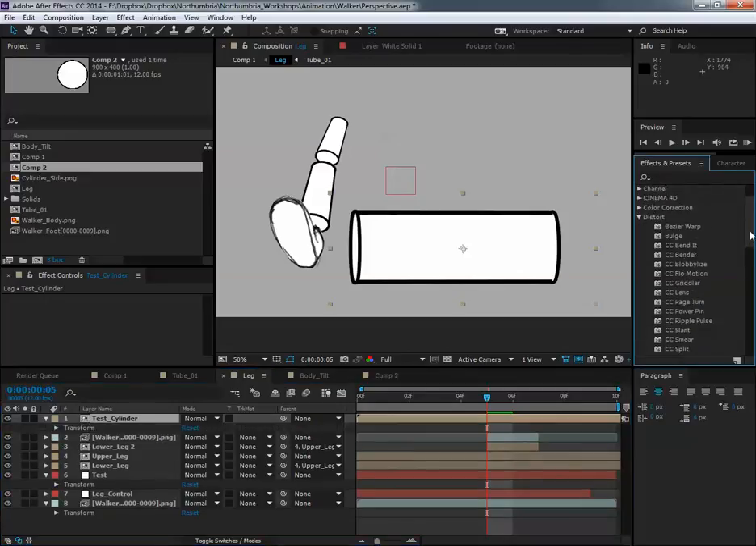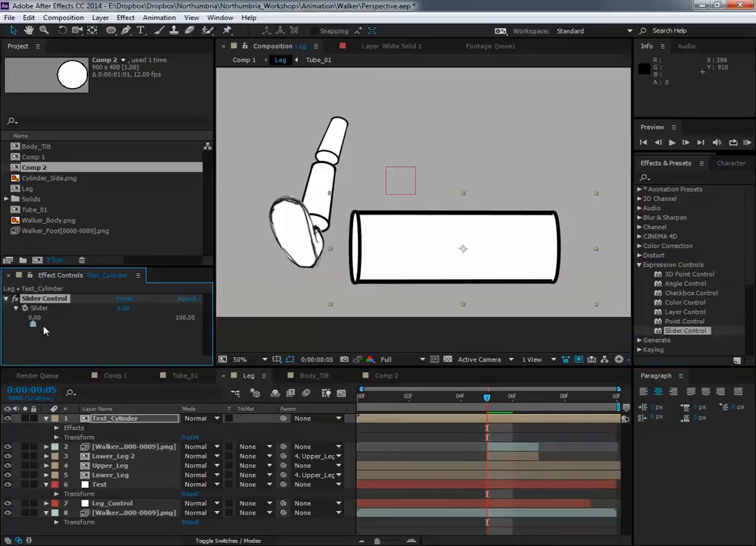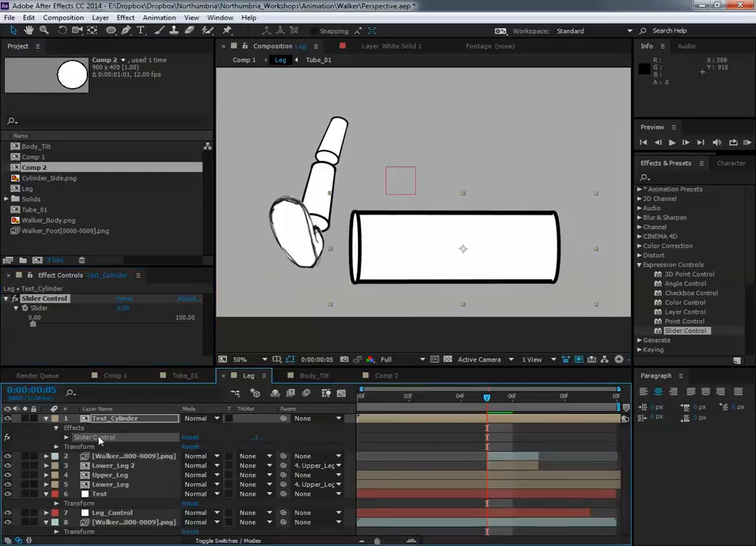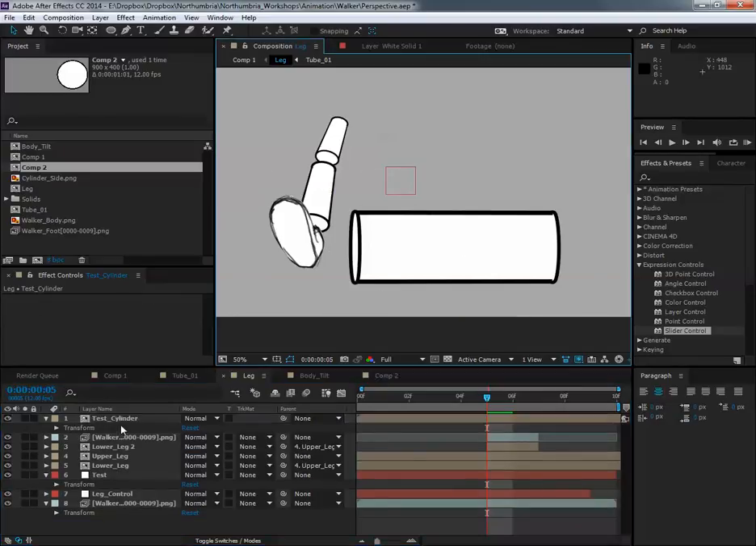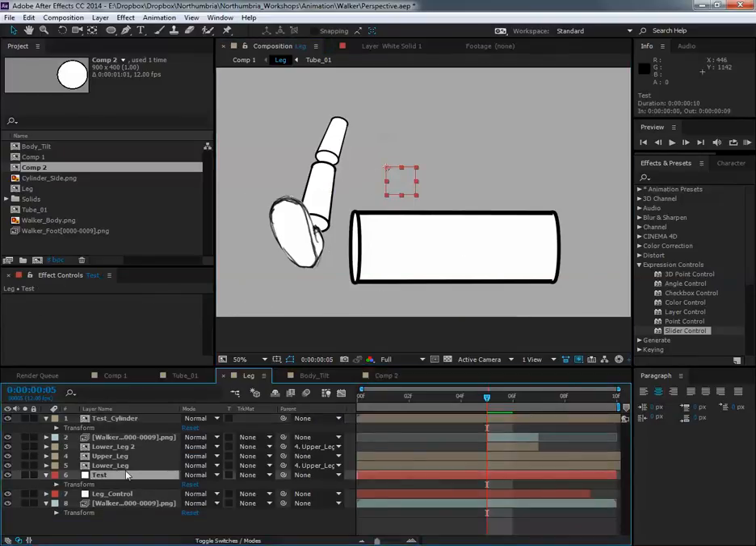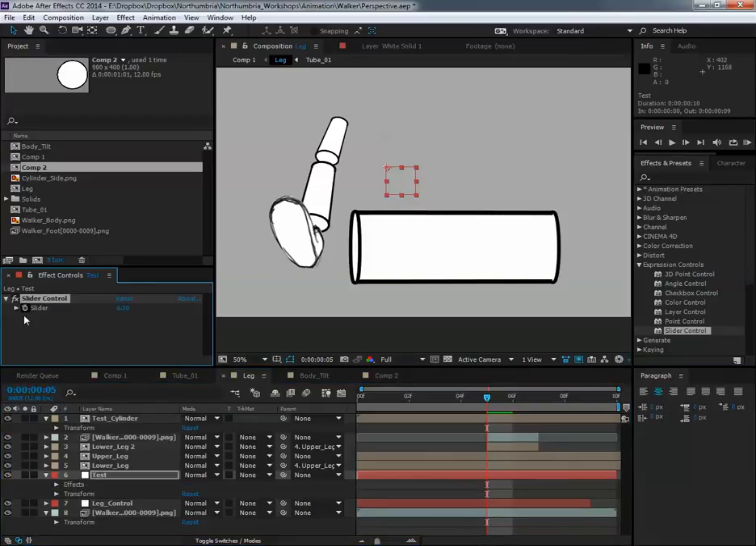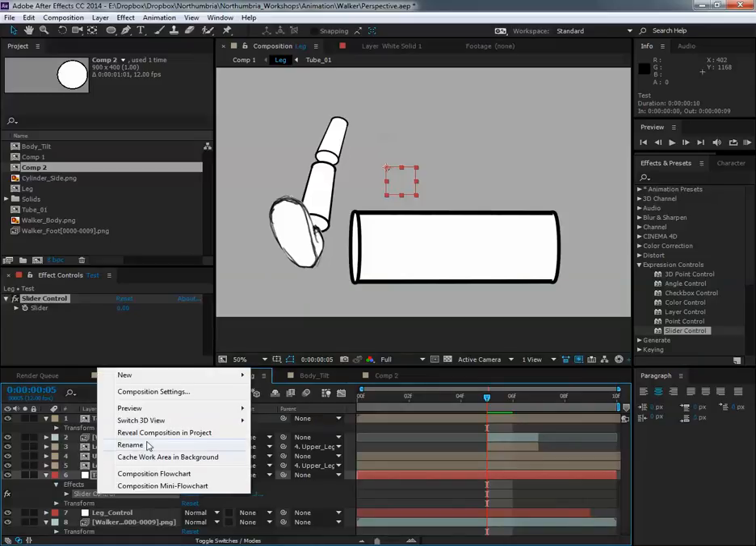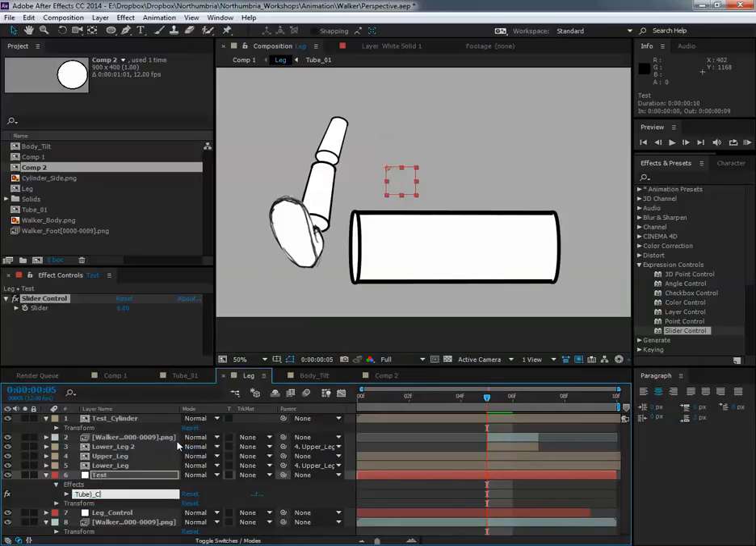And I just went into effects and presets, expression control and slider control in there, and I renamed that to, let's just rename it to tube control. And I put it on the wrong thing, that was very silly. Let's make sure I've got it on the test null object in here. So I've got my test null object in there. I'm going to apply the slider control to it, and if I go to effects, right click on that and go tube control,